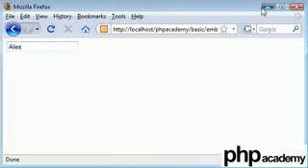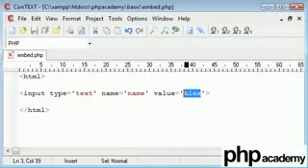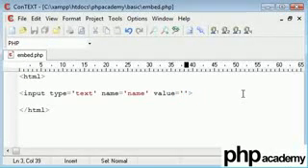inside. And now what I want to do is I want to use PHP to grab the GET variable name and put it inside this value of our input value. Now this is really useful because in some cases, especially form submission and error checking, you want the posted variables to stay inside the value of each text box. If you don't know what I mean, you'll see in a minute. Now, if you haven't seen the GET tutorial already, make sure you watch that, and you'll know what I'm about